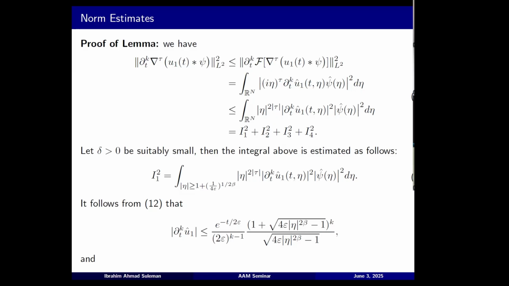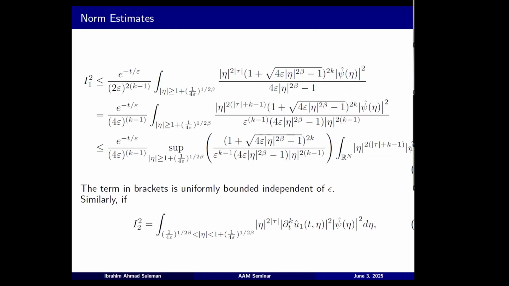Now, following the solution form we've seen before, we can bound this fundamental solution U1 in the Fourier domain as this. Now, k can be 0, 1, or maybe more, but we are only interested in k equals 0, 1, since we are dealing with u and its derivative. So we put this bound into equation 16, and we reach here.